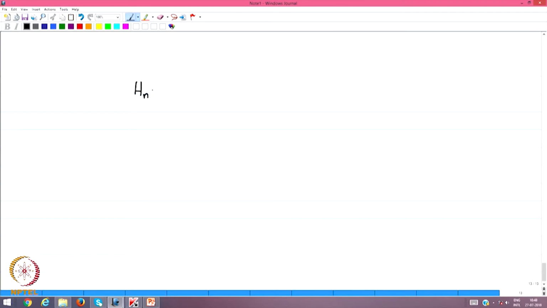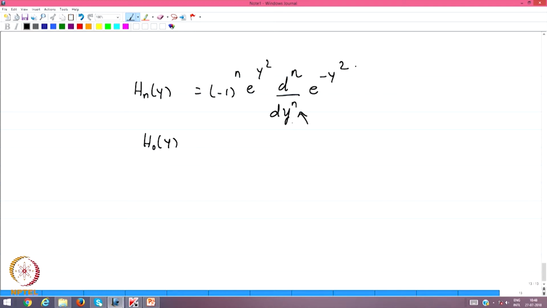H n of y is minus 1 raised to n, e to the y squared, the nth derivative d by dy to the n of e to the minus y squared. Okay. So, H0, it is easy because n is 0, therefore, this whole thing is 1, the derivative,